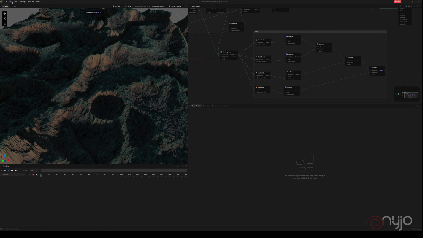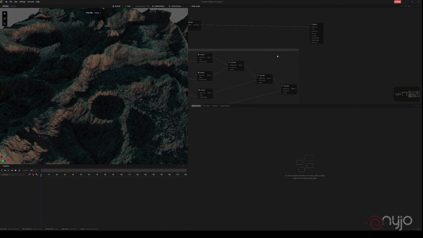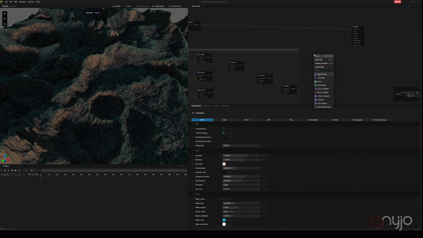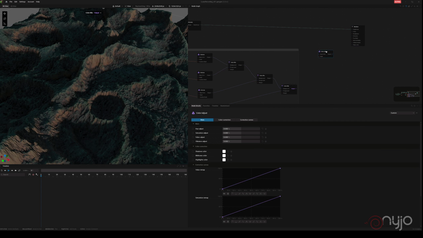Okay, and save. Let's go to create a color adjustment. Color adjust. The color adjust is useful to change the color. So let's go to have this base color,